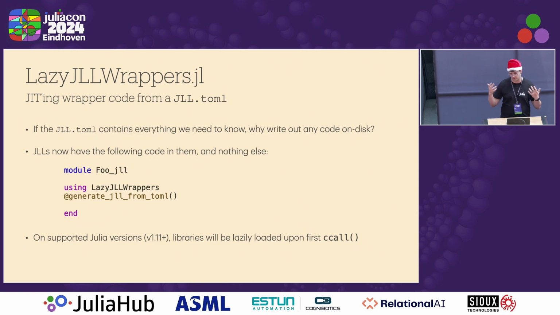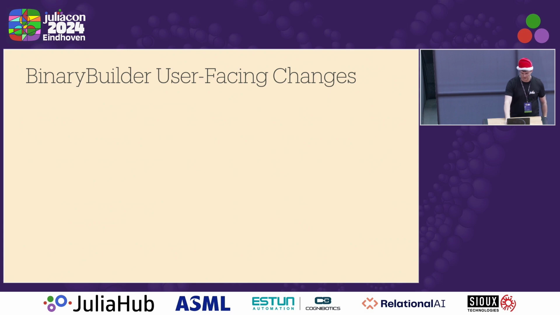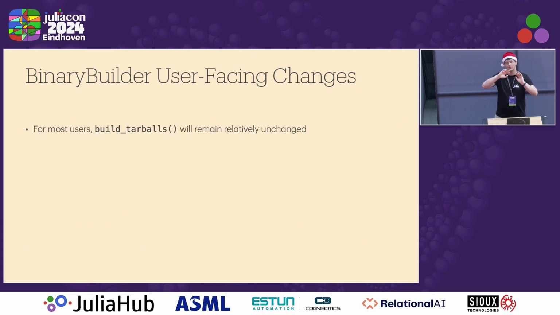Probably the first things that we'll see this used for are the dependencies for Julia itself, because those will have the biggest impact. They'll cut down a little bit of the startup time of Julia, not time to first plot, because you won't have to load, for instance, OpenBLAS until you actually try to do a matrix multiply. OK, so that's my whirlwind tour of some of the packages that make up BinaryBuilder 2.